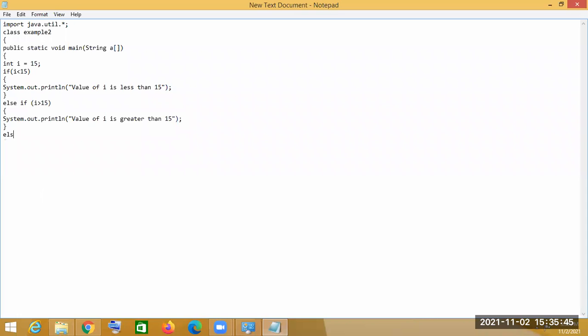And what will be the else condition? One condition is left, that the value of i is equal to 15.